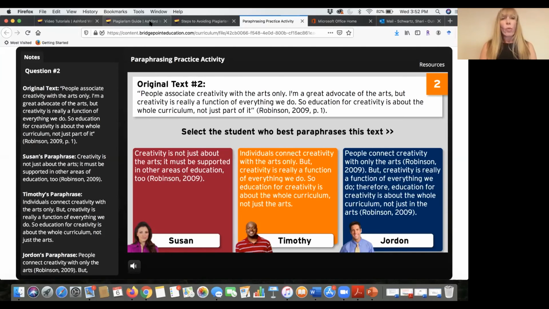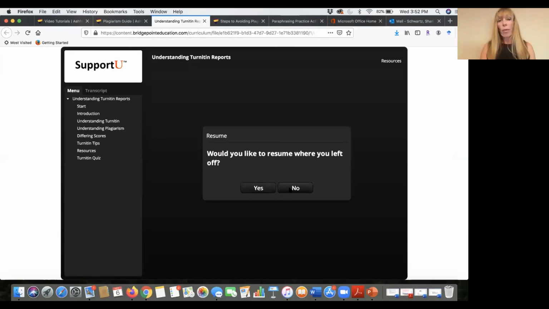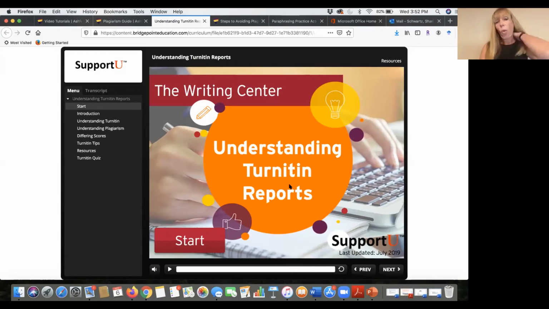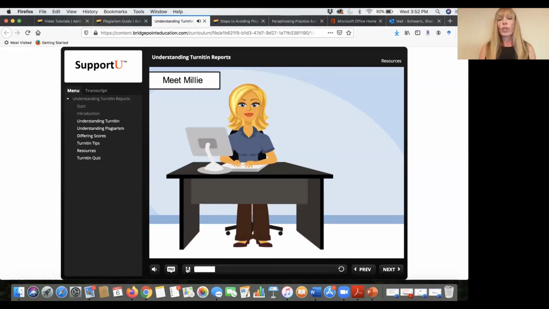Another one that I share with the students is this one. You can share any of them with the students, but this one is really helpful because when I generate Turnitin reports with a high percentage, I share those with the students and tell them the highlighted parts are the issue. But I was finding that students still really don't understand why that's the issue. And so, of course, this module, welcome to this tutorial on how to interpret Turnitin reports,